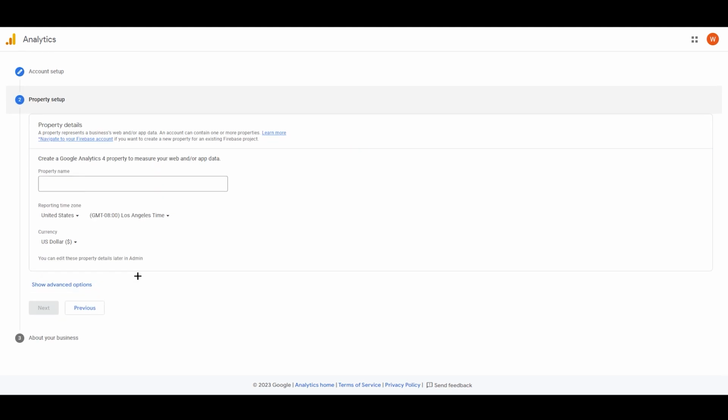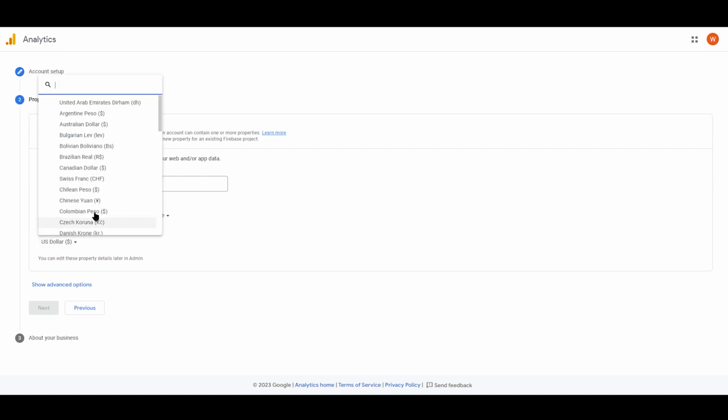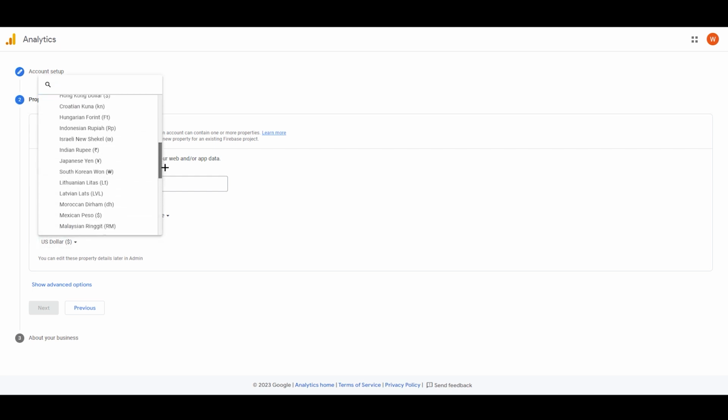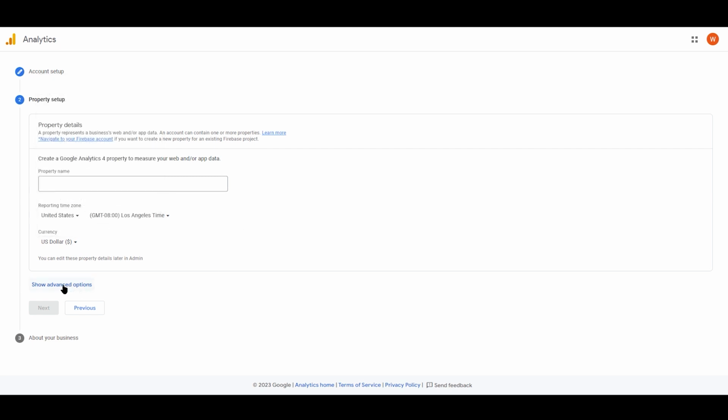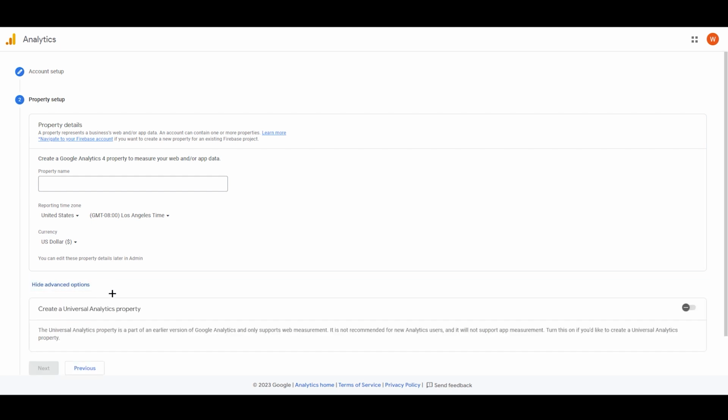After that, go with the next one, and we have our property name. You just need to enter details about creating a Google Analytics property to measure your website and app data. You need to enter details all over here with your reporting time zone and currency. If you click on this, you can see that we have a lot of currencies which you can choose from. And after that, if you click on "Show advanced options,"